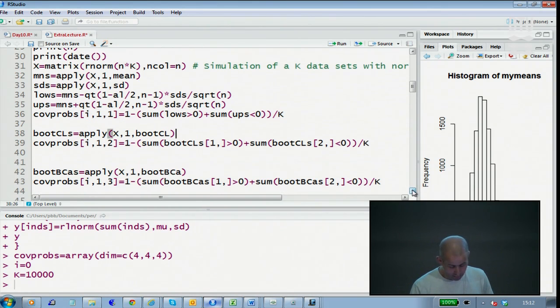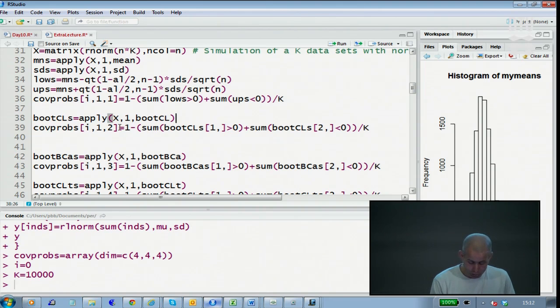Then I go on, still for the normal, and do the simple Bootstrap confidence intervals, and I count how often it succeeds in including the correct value. I do the BCa Bootstrap, and I count.